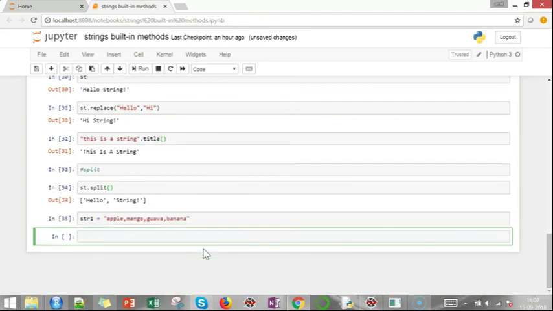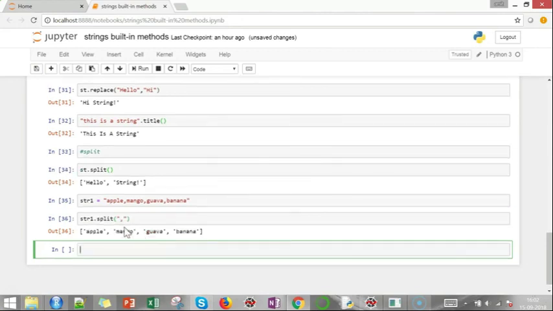So str1 is defined, and now if you put str1 dot split and specify your separator as a comma, you will have to put that comma inside double quotes. Now run it and you will get something like this: apple, mango, guava and banana. So this is a list, and lists are very useful in Python. This is a very core element of Python. So just remember this split method, as we will be using it a lot in further sessions.